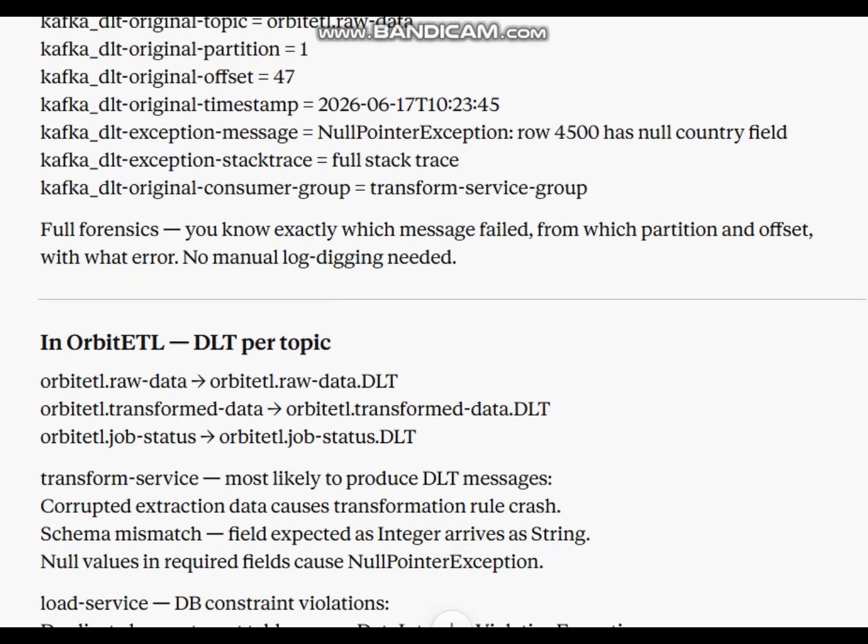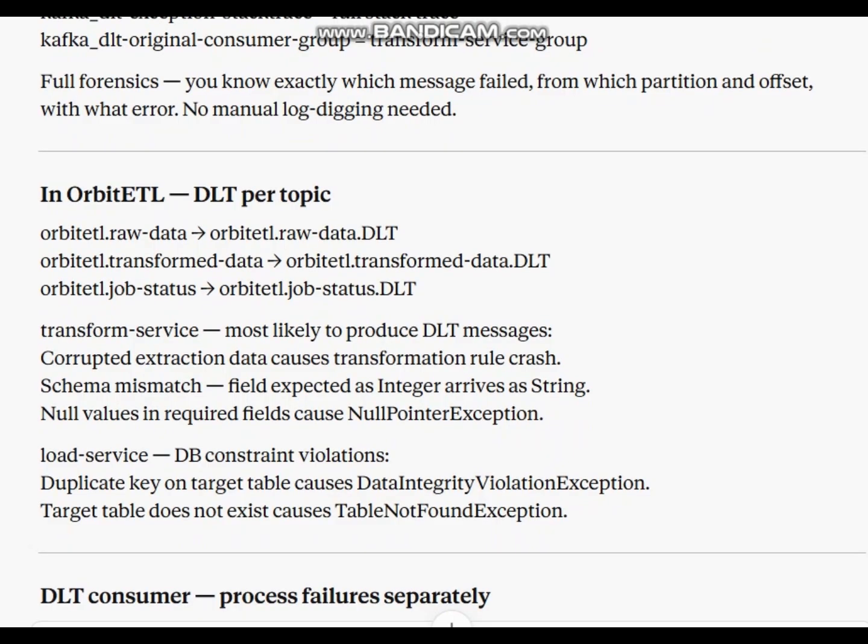In Orbit ETL, DLT per topic: orbital.rawData and orbital.rawData DLT, orbital.transformedData and orbital.transformedData DLT, orbital.jobStatus and orbital.jobStatus DLT. Transform service is most likely to produce DLT messages.